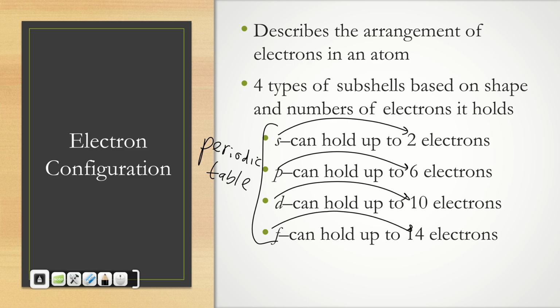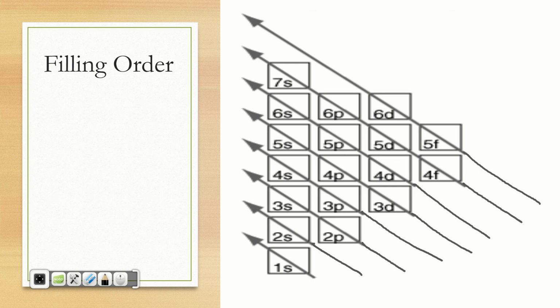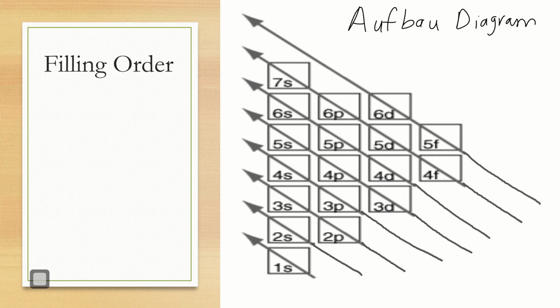Okay? All right. So how do I then add these different electrons to these subshells? Okay. And so what we have is this thing called an Aufbau diagram, at least that's what I've heard it called. Aufbau was a scientist that helped create this pattern, and he created a rule that said you